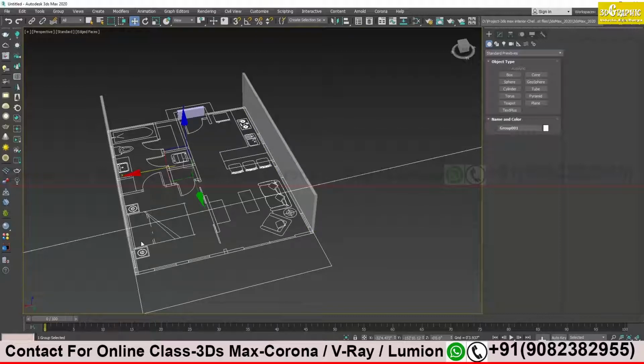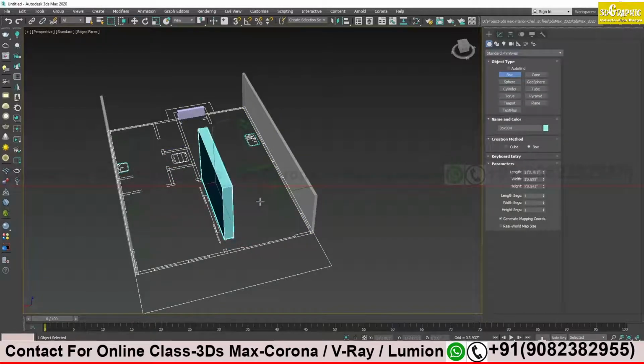As I have told you, turn on the snapping tool over here, and then you can draw the wall on your AutoCAD file. If you are facing any problem creating it, just let me know, or in future I will tell you another option of creating a wall on the basis of your AutoCAD file. But that option needs more practice than this one. This one is very easy. Just select box and create a wall.